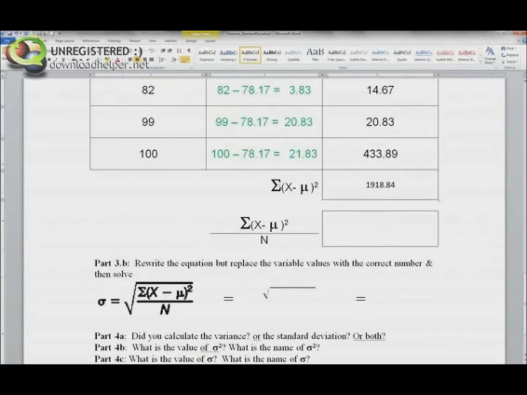All right, so what is this? 1918, it is x minus mu, each of those values squared, and then I've summed them all up. And the next thing that our formula tells us to do is to divide by n, and as you know, n is the total number of observations, and in our case that was 6. So I'm going to divide by 6, and I get